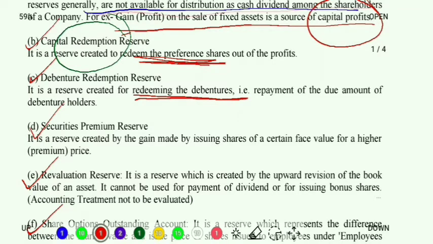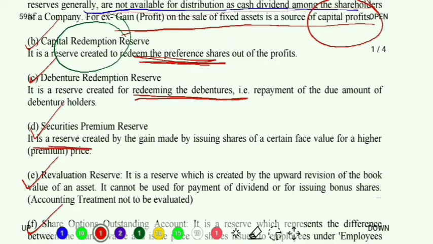Now if I'm earning rupees 2 on one share, then just take for example that if I have 10,000 shares and on all those 10,000 shares I'm charging a 2 rupee premium, then how much amount will be collected? 10,000 into 2, that is rupees 20,000. Now this rupees 20,000 is actually a profit that I have made by issuing the shares at a premium price, right? So this amount will be moved on to a reserve, and that reserve is called securities premium reserve. Clear? Let's read to make you understand more deeply.